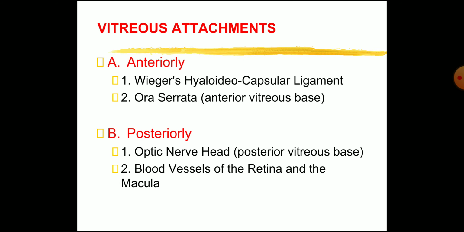Now, what are the attachments of vitreous? Anteriorly, the attachments are the hyaloideo-capsular ligament, and the ora serrata, which is the anterior vitreous base. Posteriorly, the optic nerve head, that is the posterior vitreous base, and the second one is the blood vessels of the retina